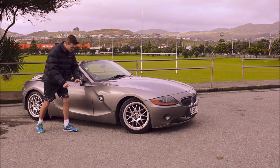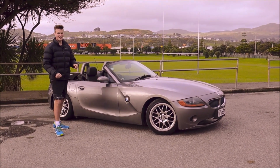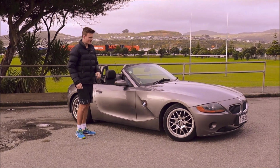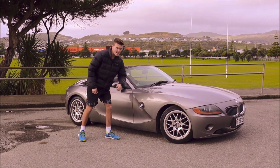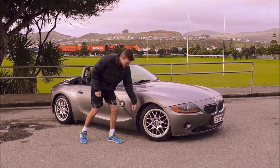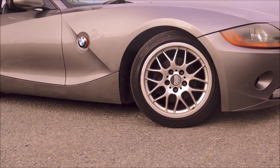And around the side, I really like this touch. It's got the BMW logo there. Kind of reminds me of the airplanes they used to have back in the day, where they plastered the BMW logo on the side, and it even houses the indicator as well. So that's a really cool little touch. This particular example is riding on some nice BBS wheels that I think really suit the styling of the car